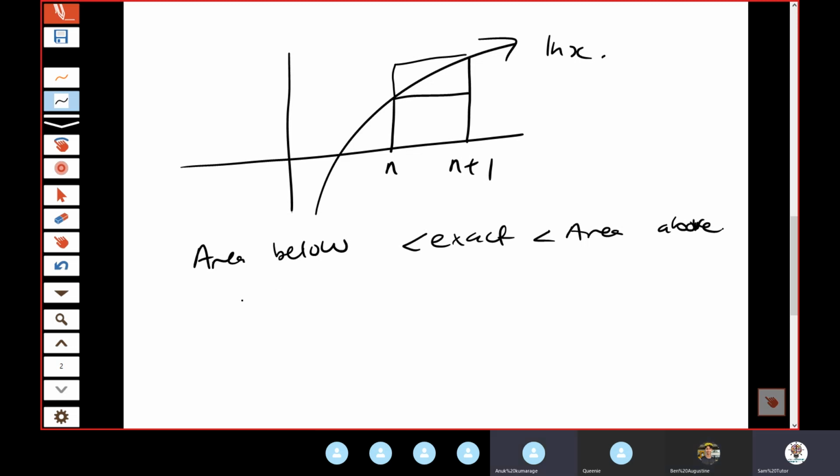Area below. Would be base times height. Oh yes, so 1 times ln n. Yes. Right? It's not n plus 1, because n plus 1 goes all the way up here. Yeah. That's the larger one. Yes. Less than the integral from n to n plus 1 of ln x dx, which is less than